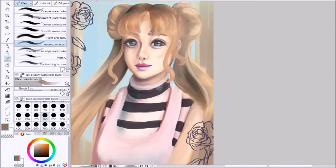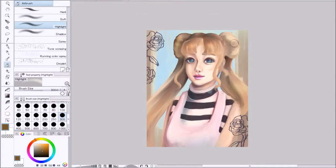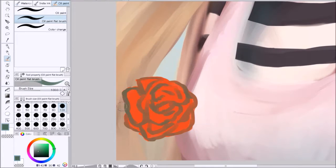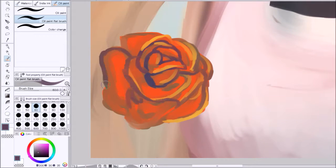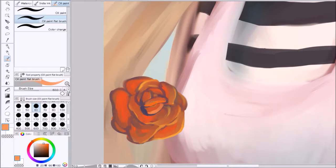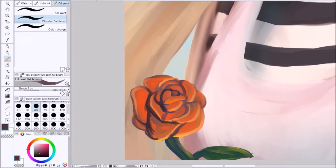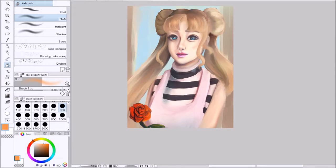I'm making the hair. It's quite a mess now, and it will always be a mess. Her hair is really confusing, and I already tried to make it look a bit more natural, but it's still quite difficult. Actually, I don't like her fringe, because how does it work like this? But of course it's for showing the crimson blue moon on her forehead normally, but as I didn't draw that, doesn't matter. But maybe my last piece which I'm gonna draw from the Sailor Moon series is gonna be